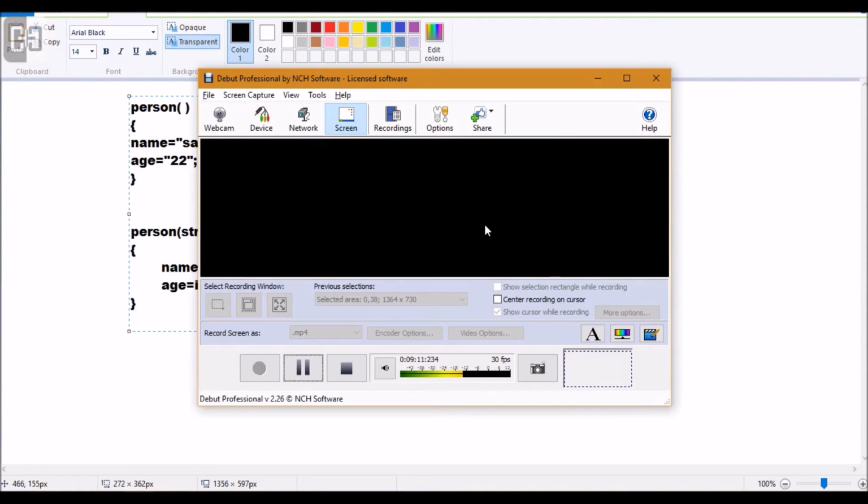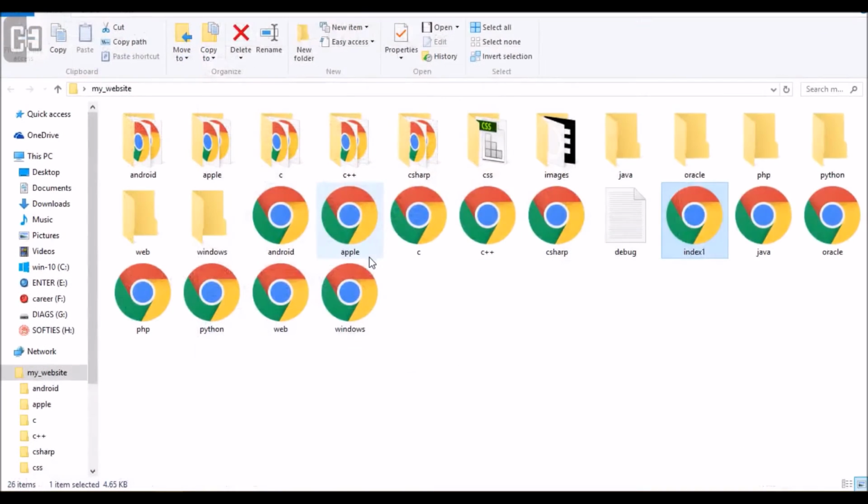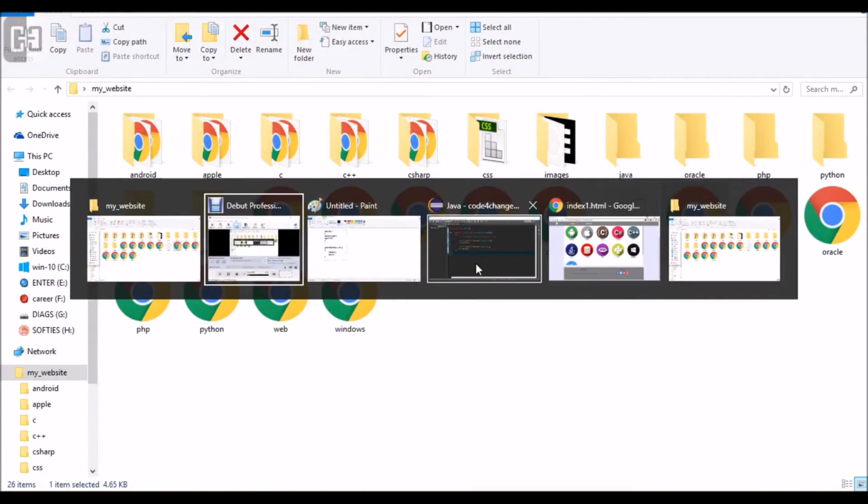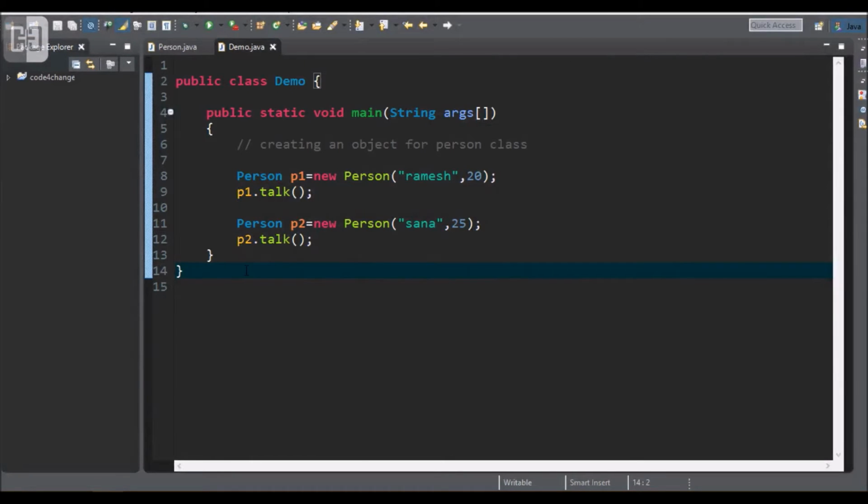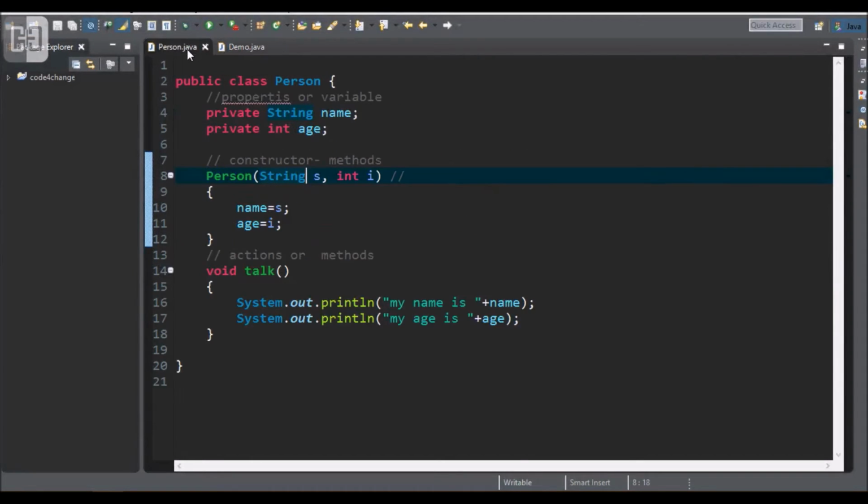So see here, what is this method? Okay, sorry. I will remove this one. So I will remove string is equals to something like this one, and age is equals to something.